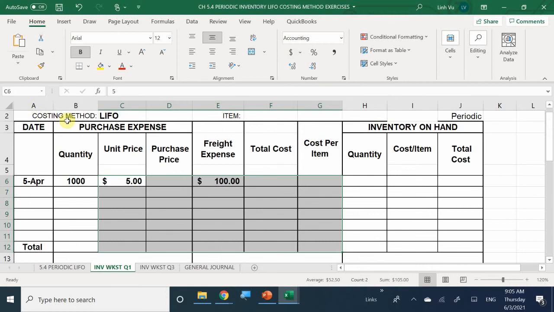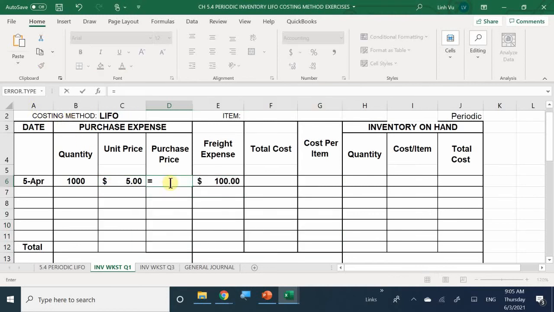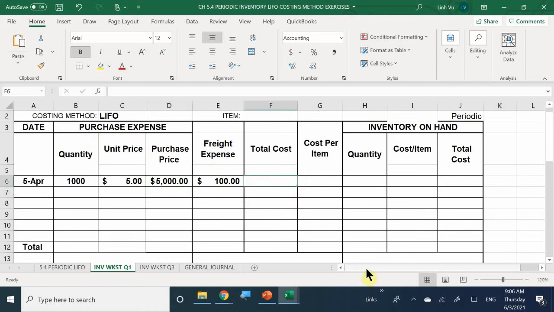So what is going to be my purchase price? $5,000, right? It's going to be your quantity times the unit price. Your total cost is going to be your purchase price plus your freight, to get a total of